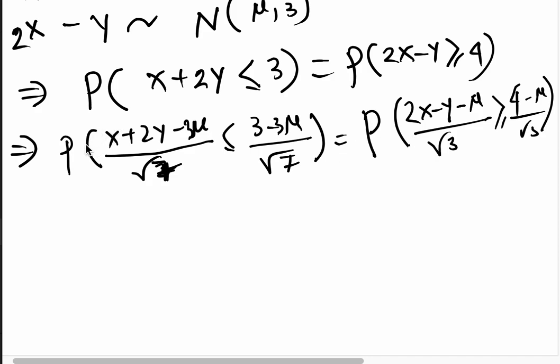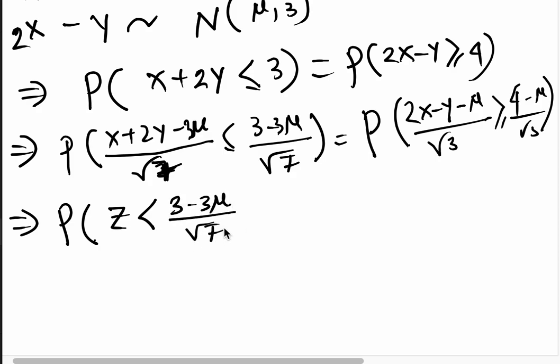So this is equivalent to the probability that Z is less than (3 minus 3 mu) by root 7, and the probability that again Z is greater than (4 minus mu) by root 3,